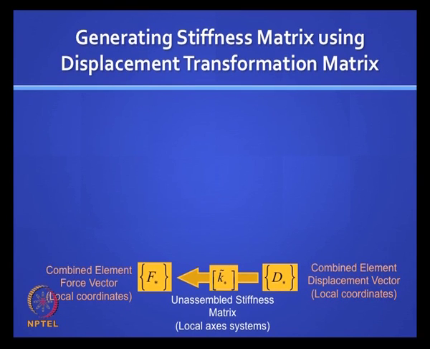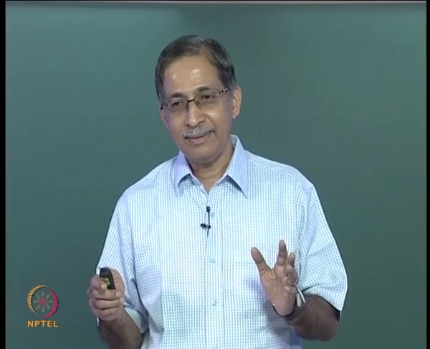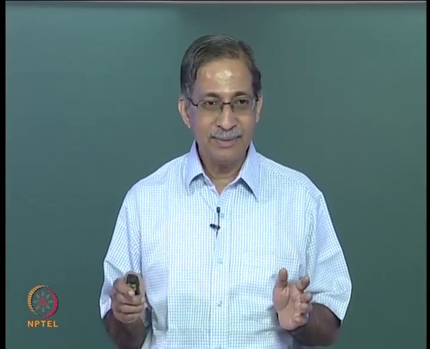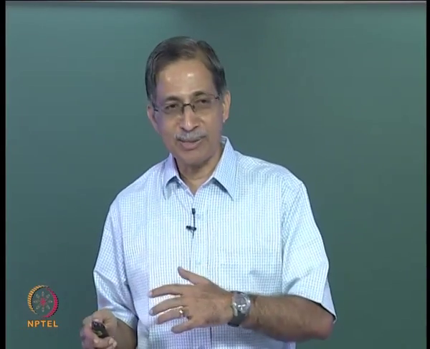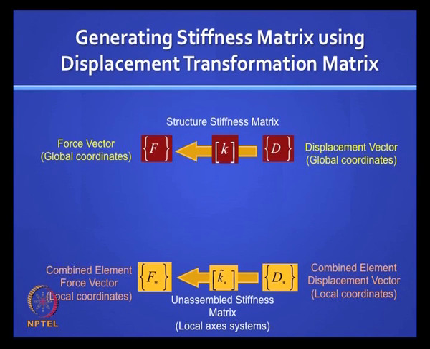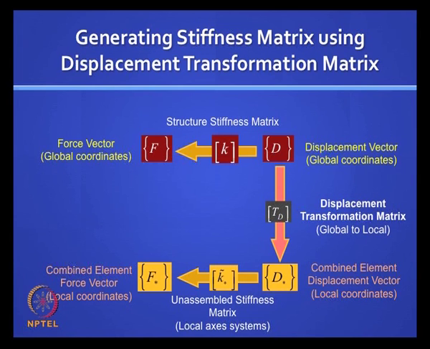Now you've got the stiffness matrix at the element level, you've got the TD matrix which relates the element level displacements to the structure level displacements. Our job is to find the structure stiffness matrix. Remember, we were not very comfortable with the conventional stiffness method where you have to put the linking coordinates and you have to put it in the slot and so on. Here you will have no problems because you've got this relationship, this is TD.